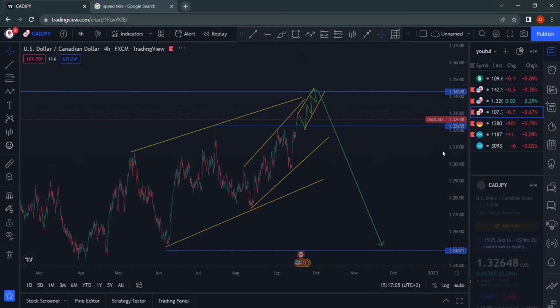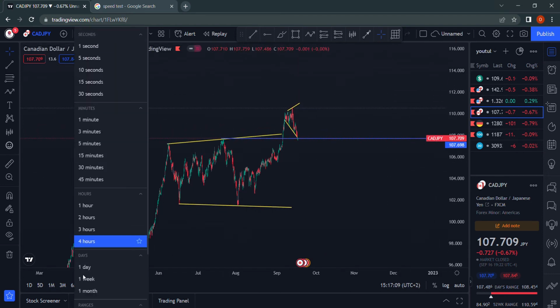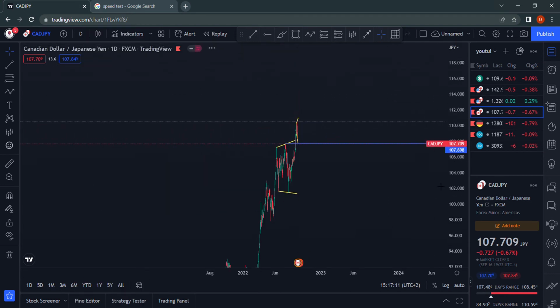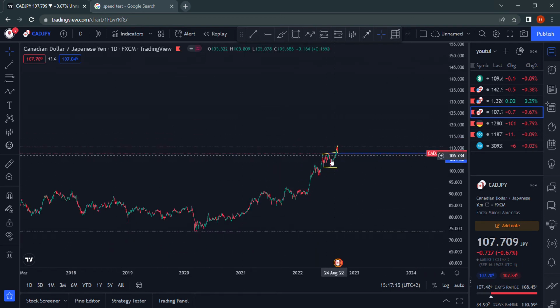So now when we look to CADJPY, nothing much has changed, guys. Nothing much has changed. Let me just quickly go to the daily. So this is what we have on CADJPY. We had the structure here of which price broke out. Now when we go to the weekly,